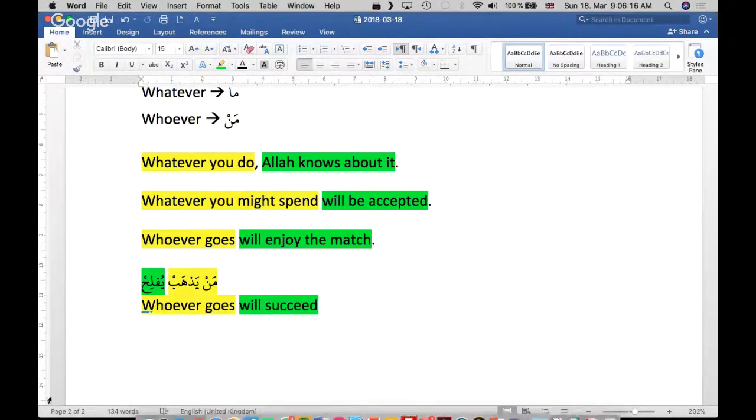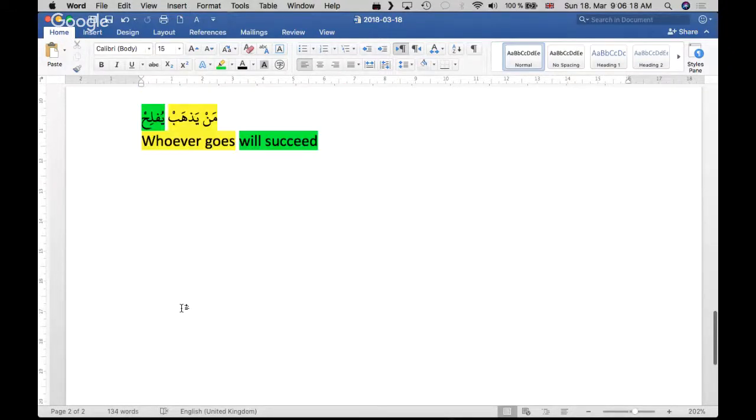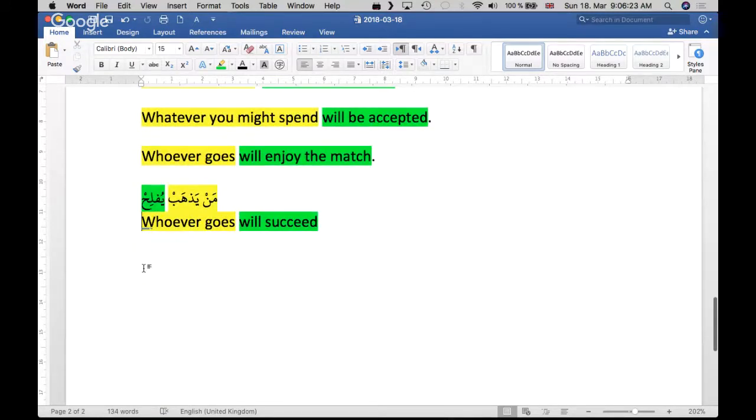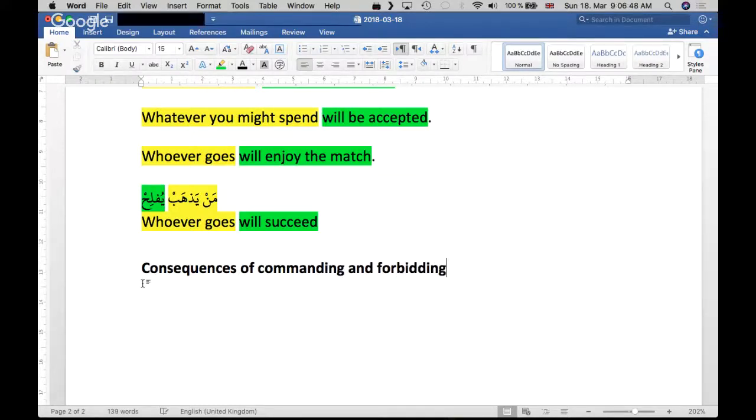Now we have done the if-then statement. The third way of constructing the statement is effectively using commanding and forbidding. There are consequences to the commanding and forbidding. Let me write it this way: consequences of commanding and forbidding. Okay? That's another way of constructing